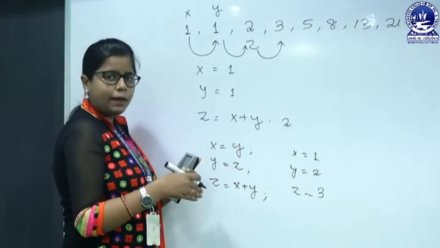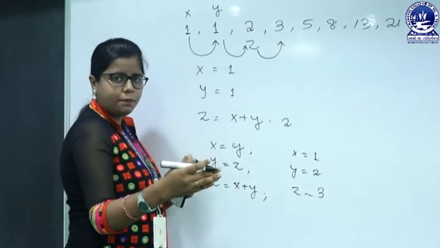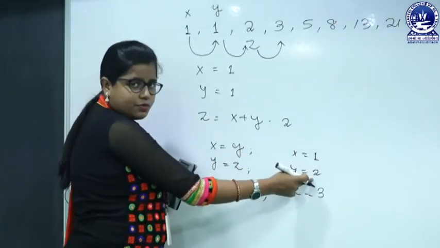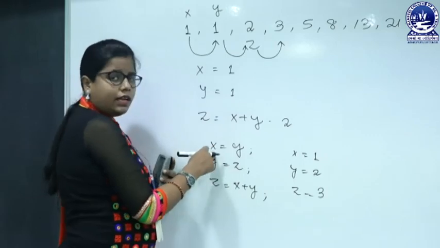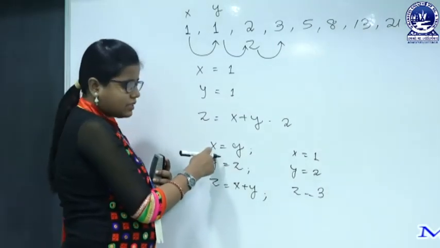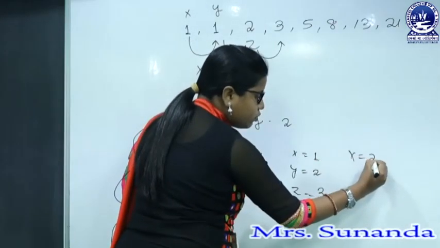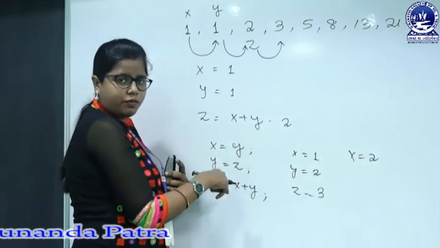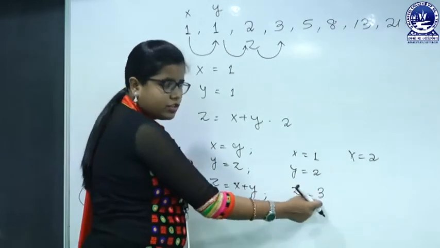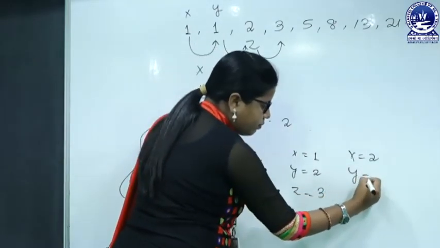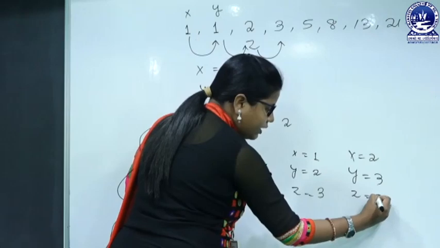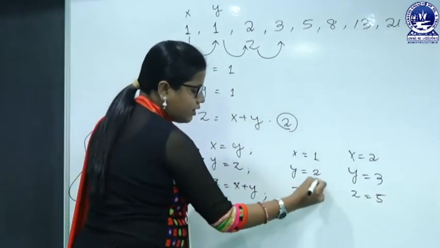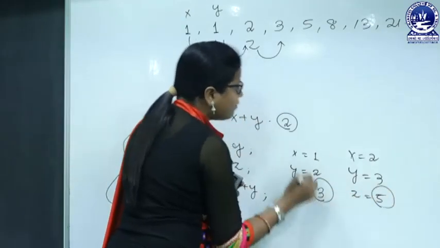Next again we have to move the x, y and z. So what will be the x now? Now the y is 2. So 2 will be added into x. So the x value will be 2. What will the y value be? The g value will be moved into y. So the g value is 3. So y will be 3 and the z will be 5. So first we get 2, then the g value is 3, then the z value is 5.